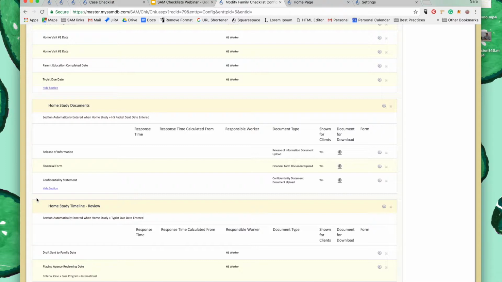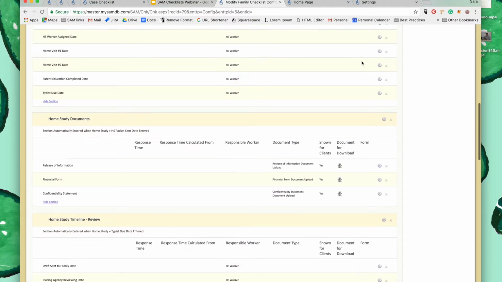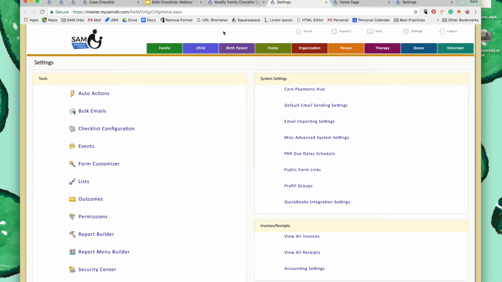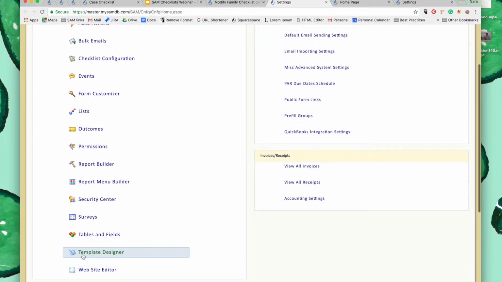So what we'll want to do is create some automated communication to let the family know that they need to provide these documents, and to let the home study worker know when these documents have been provided so that they can go on and do their work. To do that, you would create a template. Templates are always what you use when you're going to do automated emails. I've created a template here already